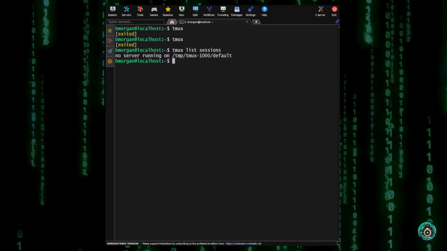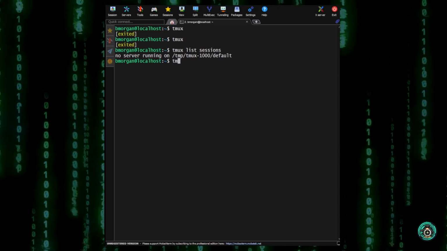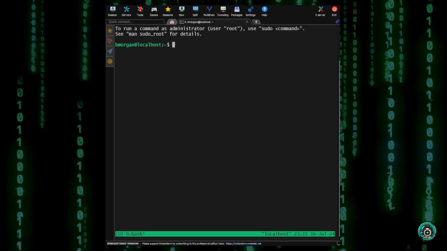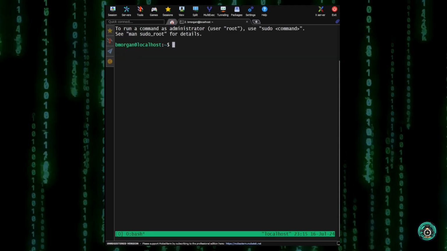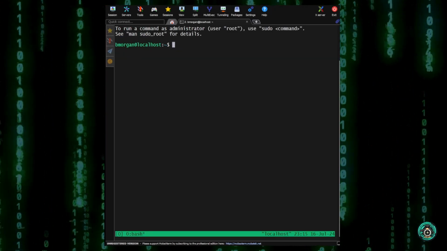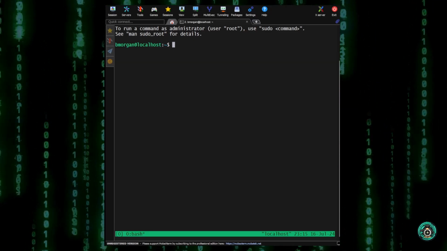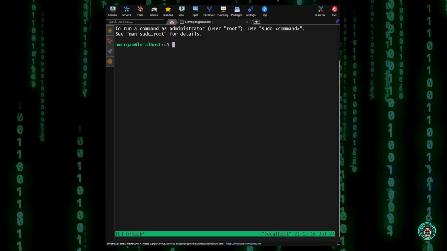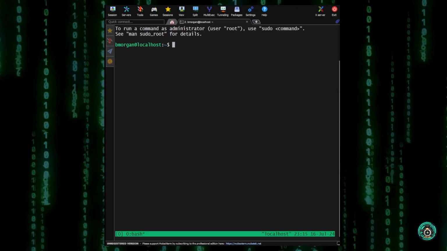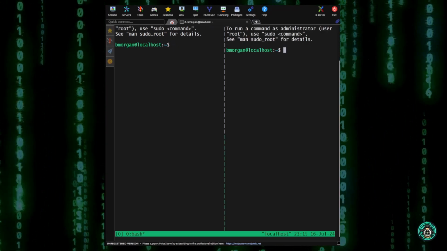So again, I'm going to launch tmux, and I'll do that by simply typing tmux and then pressing enter. And now tmux is active and ready to go. Now what we're going to do again is create a split. Again, we'll start with a vertical split just like last time. So we'll send the prefix key, Control B, and then we'll type %, and now we have a split